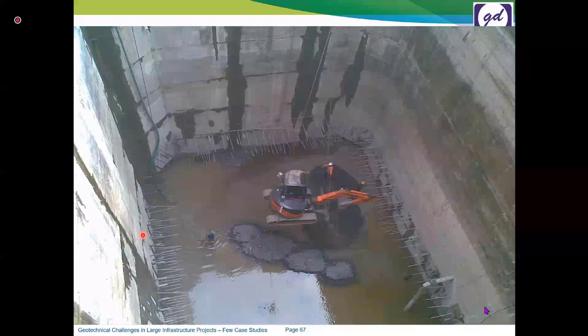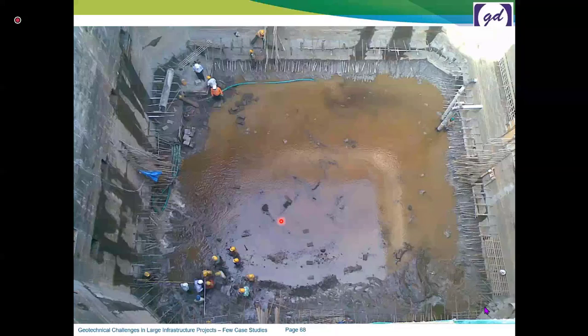We put some machinery inside the pit, and then started sealing some of the pits, and then put some manpower inside it, but at that time very few people were ready to come into the pit, because they were very worried about what would happen if dewatering stopped. So continuous dewatering went on for almost 30 to 35 days, and the biggest challenge was